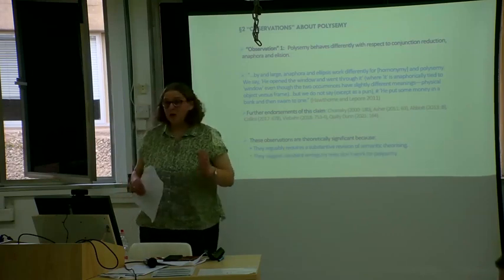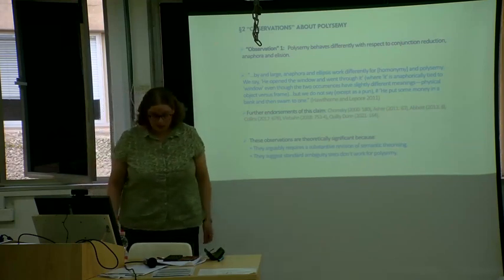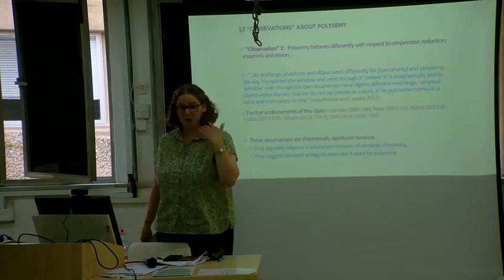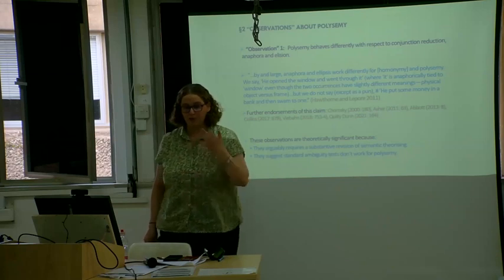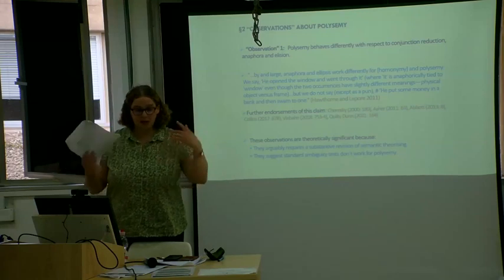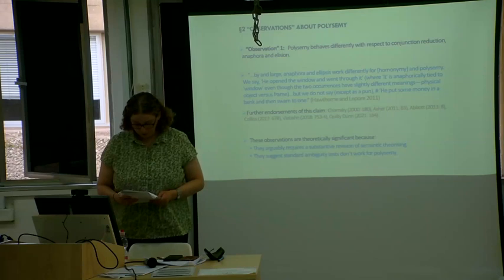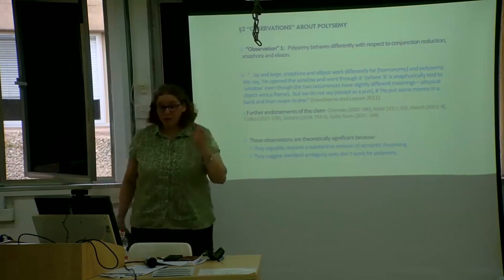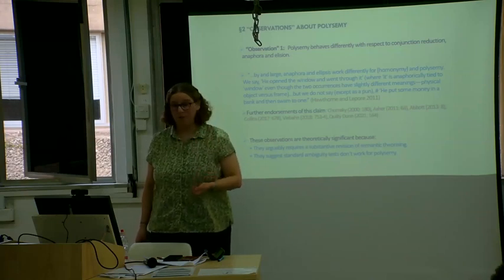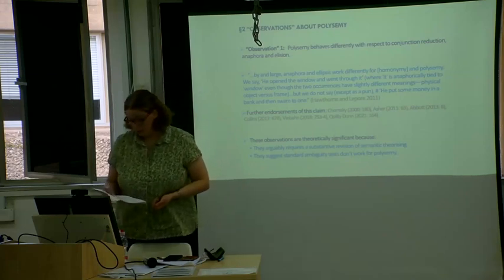Okay. Here's another reason this observation is really theoretically important. Some of you might know that conjunction reduction is the classic test in the literature for when a word is ambiguous, right? So the fact that we got that infelicitous conjunction reduction for ball is an indication that these two uses of ball are two different meanings of the word. However, if when we apply conjunction reduction to polysemy, it doesn't exhibit this infelicity, then this test of ambiguity is not going to work for cases of polysemy.